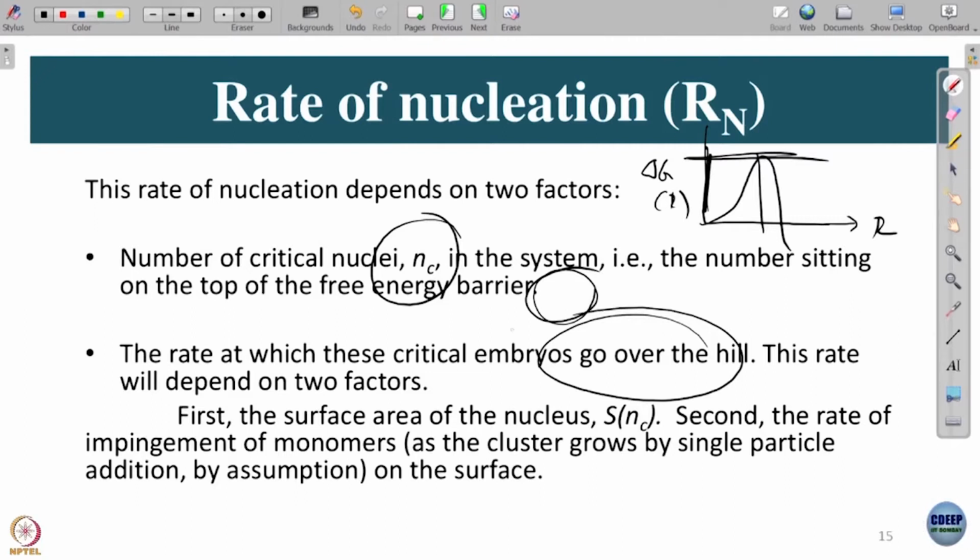So if I now have a nucleus sitting here at the top, what will make it go over? It will go over if another particle comes and impinges on that. So I need a factor, actually not one particle, several, but this is the radius r. So this is already a pretty macroscopic coordinate. So by changing small r means several monomers are coming. So these monomers are going to impinge on this. It is a very interesting thing,